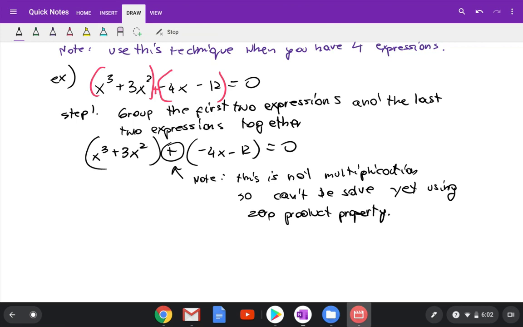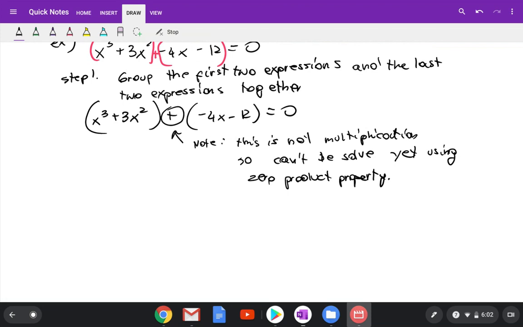And I'm writing this because many times students just see parentheses and they see 0 on the right side and they're just trying to solve 2 equations. No, it has to be a product over there. So when we have those 2 groups, step 2,